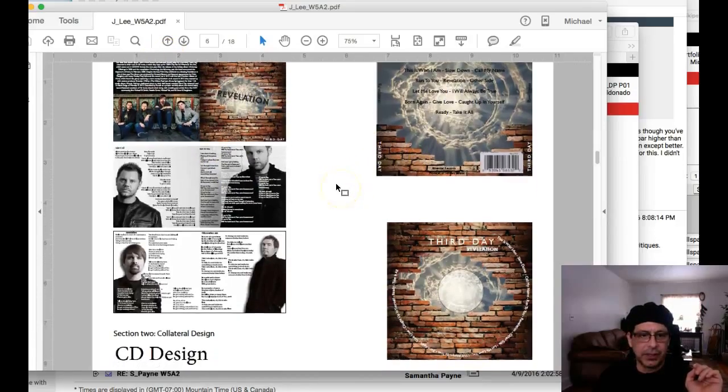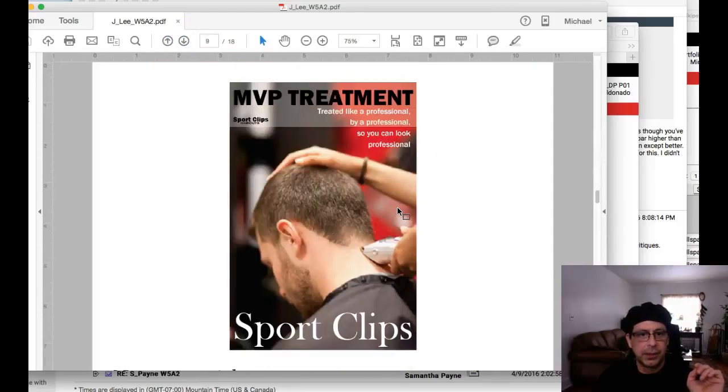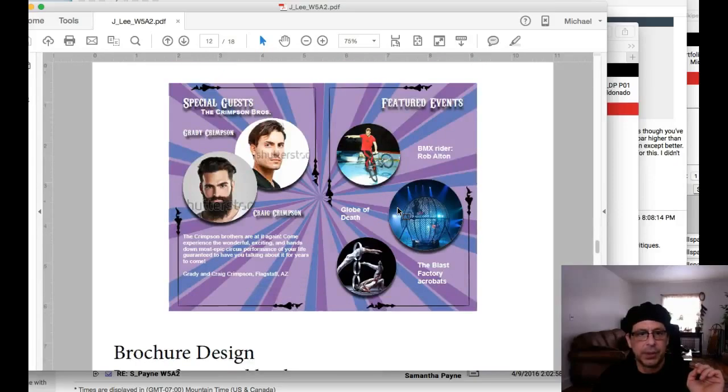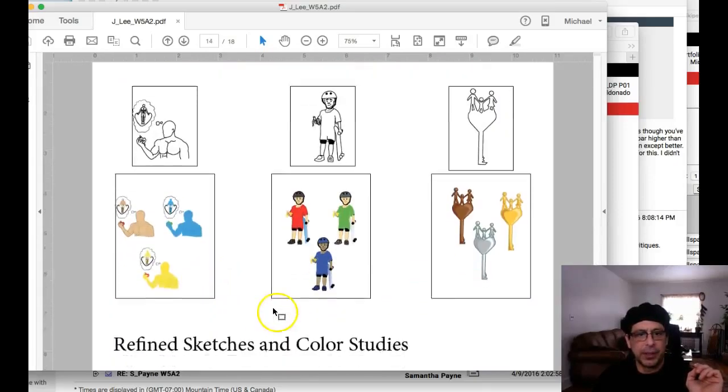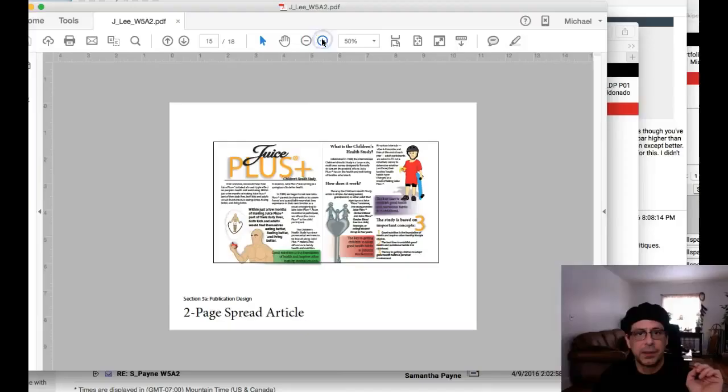This looks good. Collateral design, CD design, collateral design, newspaper ad, brochure. I think this type here is too big. This right here, it's too large. You might want to add a color there that will correspond with the color in your resume and your letterhead. You may want to design this accordingly to your resume and letterhead. A simple yellow line right there will draw a nice